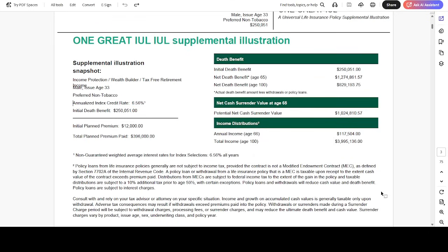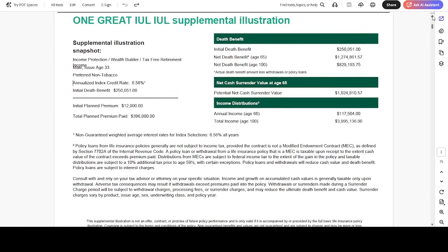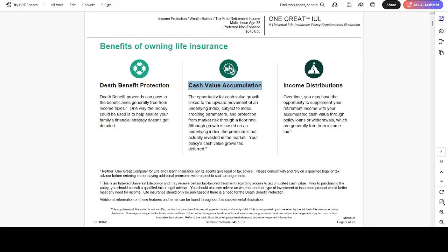However, historically, these credit rates have been higher, more in the 8 to 10%. But we're only allowed to illustrate it at 6.65%. So I'm going to go policy by policy. So the same $1,000 gives you 117,000 with 250,000, or it gives you 107,000 with